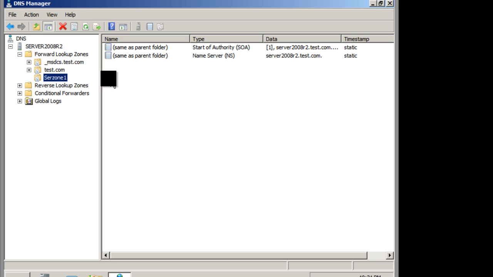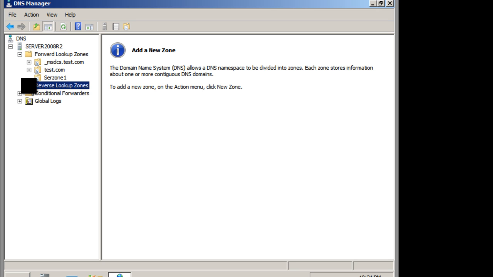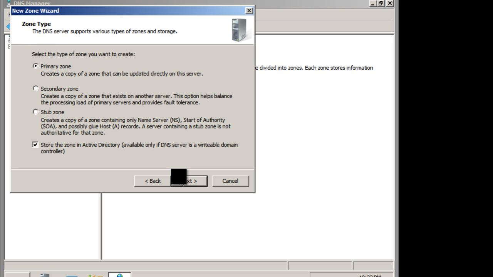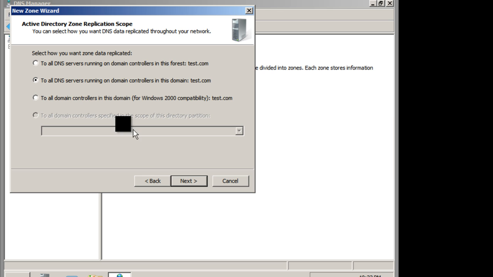Alright, so then you have your reverse lookup zone, which actually does the whole thing in reverse. It maps the IP address to name. So if it is someone that doesn't know the name of the website and they know the IP address, they could simply use that. So what we're going to do now is add a new zone. So new, and go through the same procedure. Next, primary zone. Right, select all the